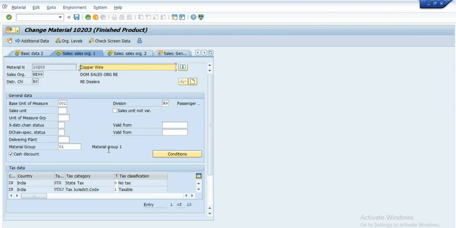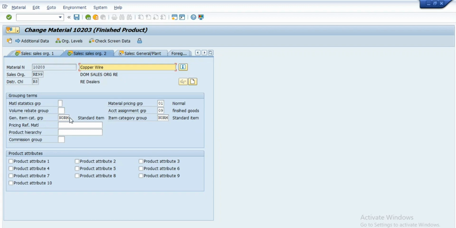It means that while creating the sales order, how the system will propose the item category automatically from the sales order item category. In sales organization 2, we need to maintain the item category group or general item category group. General item category group and item category group must be there in the material master, or else if you are not maintaining this in sales organization 2, we won't be able to enter the item at the sales order level itself. It will restrict. When we enter the material, it will show an error message because